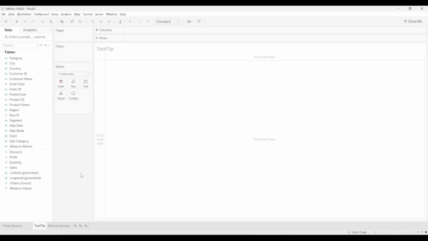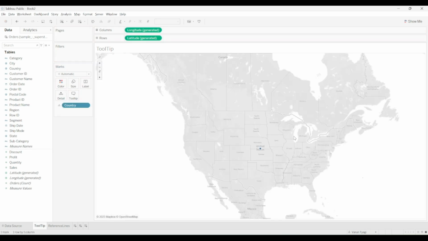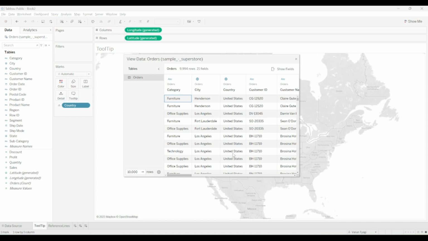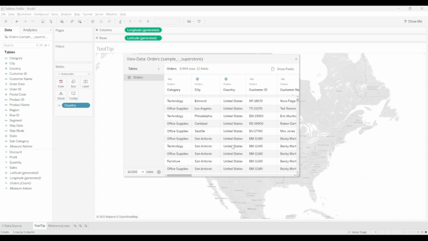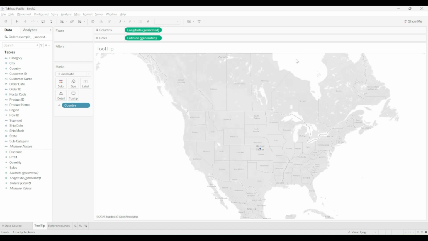So what we're gonna do now is change my standard view to entire view. This country I'm gonna drop down to my section in the middle. And here you can see the entire country. The country is specifying the individual country which my data belongs to. In my city column, it has the cities inside it. So now next what I'm gonna do is